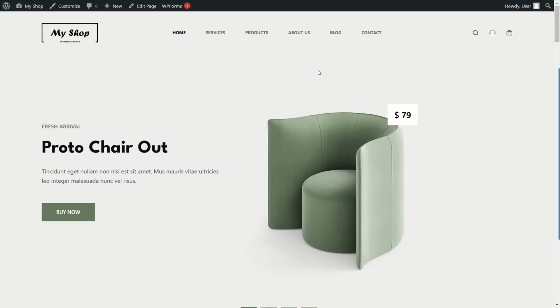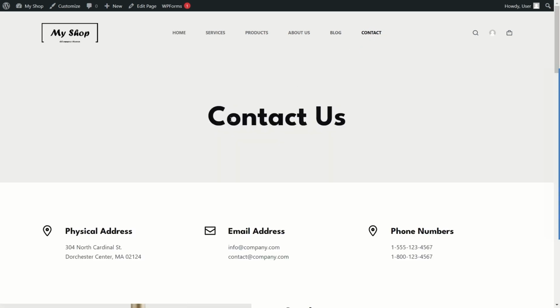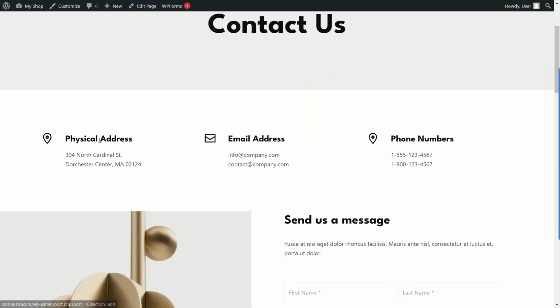And then let's click on the contact page. Now, the contact page is up to you. You can have this page, you can customize this page if you want. I'm just going to show you how everything is done. So from here, you can click on edit page and replace all of these details with your own. So if you have a physical shop, write your address, your email address, your phone number so that people can